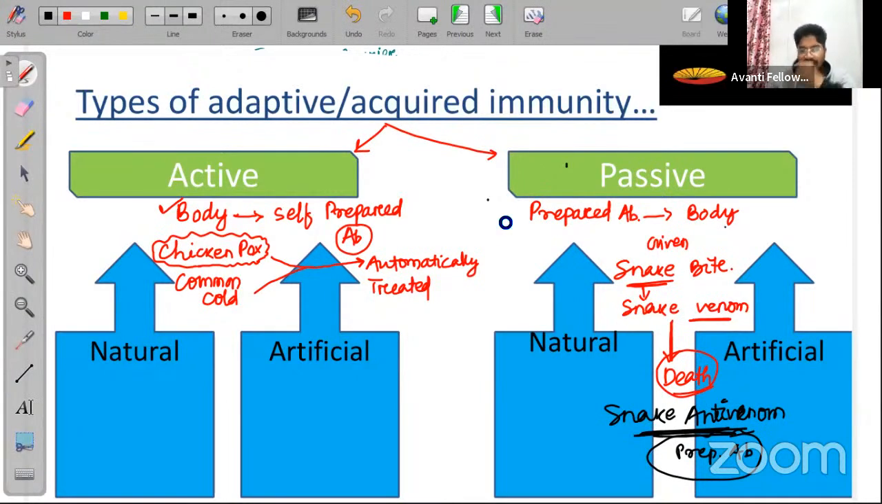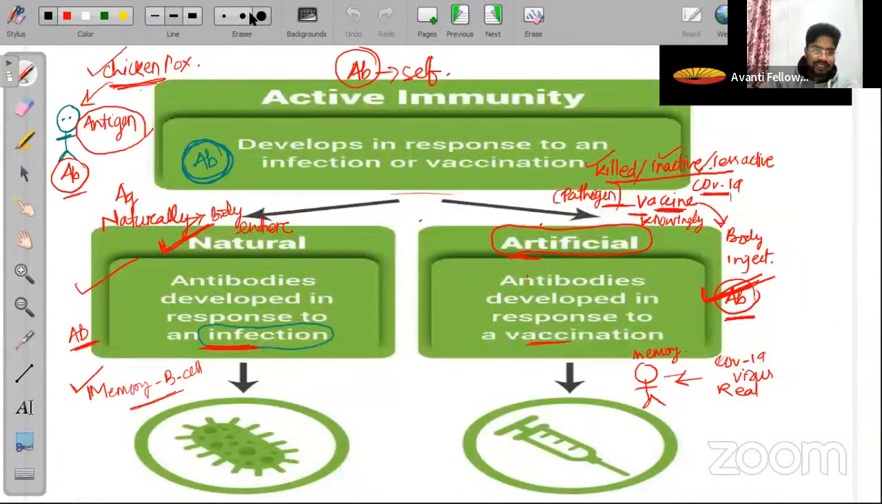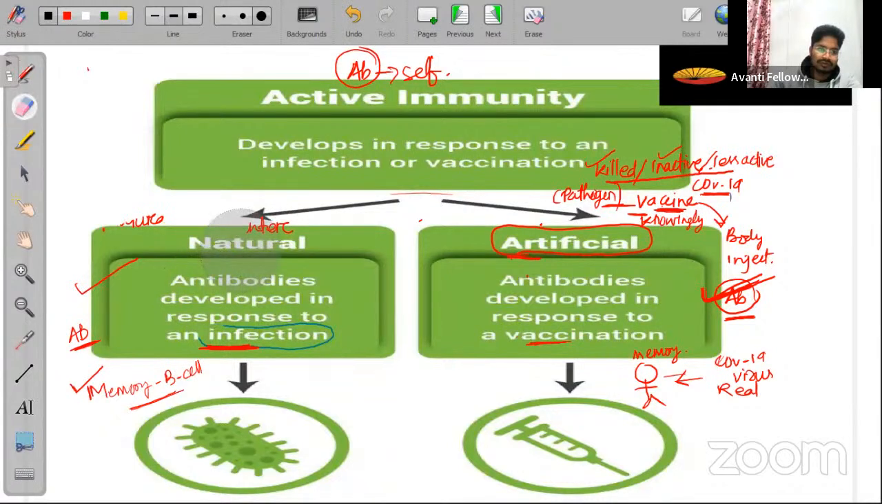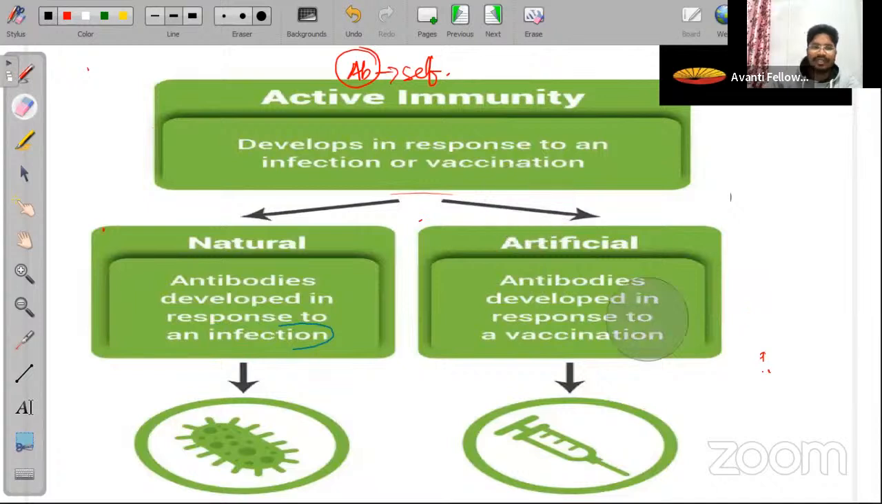नाउ आई एम मूविंग टू द नेक्स्ट स्लाइड। इन द नेक्स्ट स्लाइड विल बी टॉकिंग अबाउट द एक्टिव इम्यूनिटी के बारे में ही बात करेंगे यहाँ पे। दैट इज नेचुरल एंड नेक्स्ट वन इज योर आर्टिफिशियल एक्टिव इम्यूनिटी। बताया मैंने